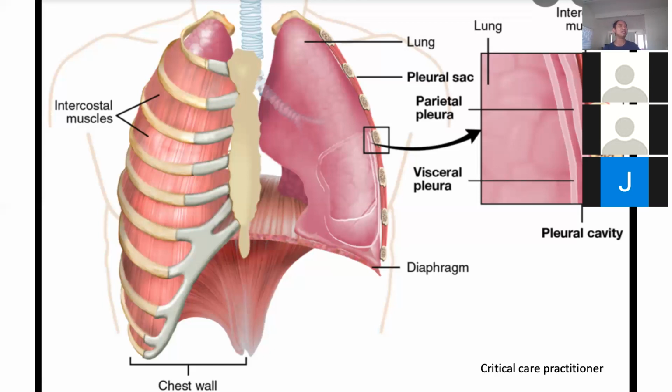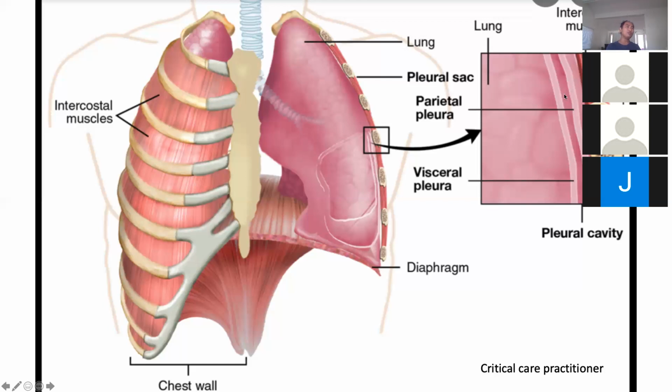So when you are putting a chest tube, some of you work for emergency medical service, the EMS team, or you might be working in the ER. Let's say you have to put a chest tube in somebody. These are the structures you are passing through. You are passing the skin, of course, subcutaneous tissue, of course, and you will try to identify the intercostal muscle, split the intercostal muscle, and you perforate the parietal layer of the